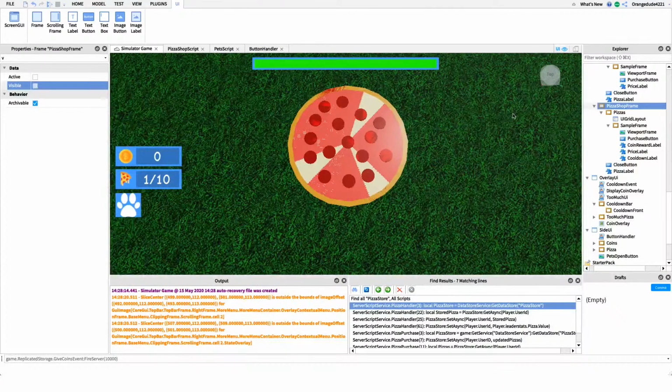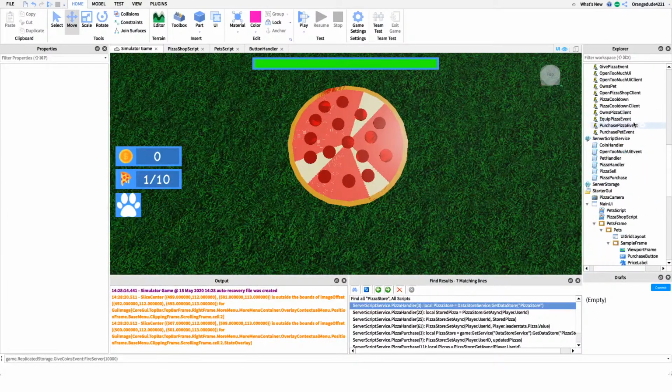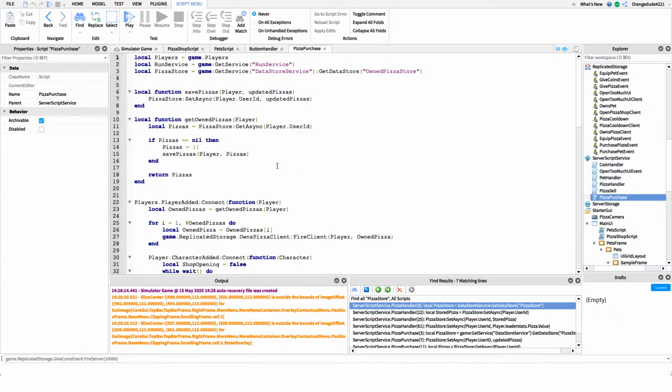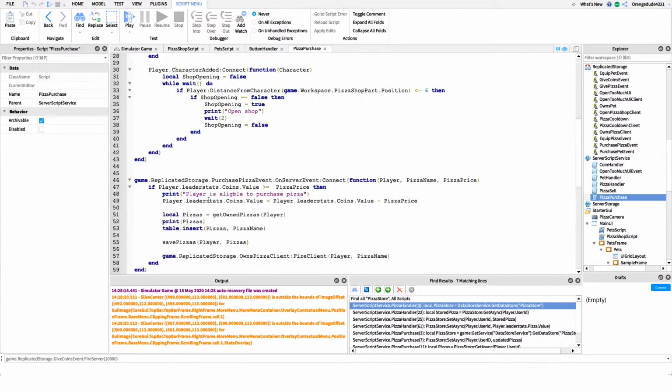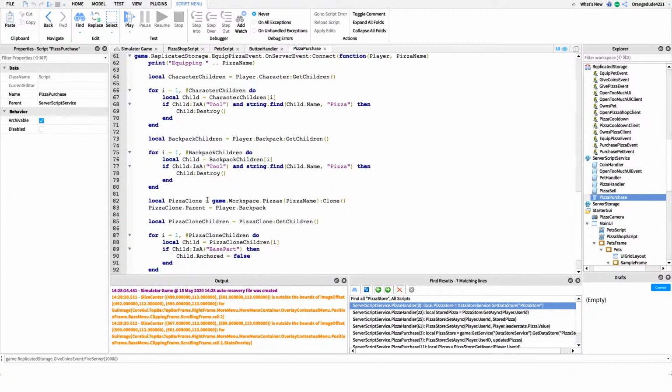Actually, we do have one more thing we have to do. We have to fire that client event that I was telling you about. So pizza purchase. So what we need to do is we need to say,